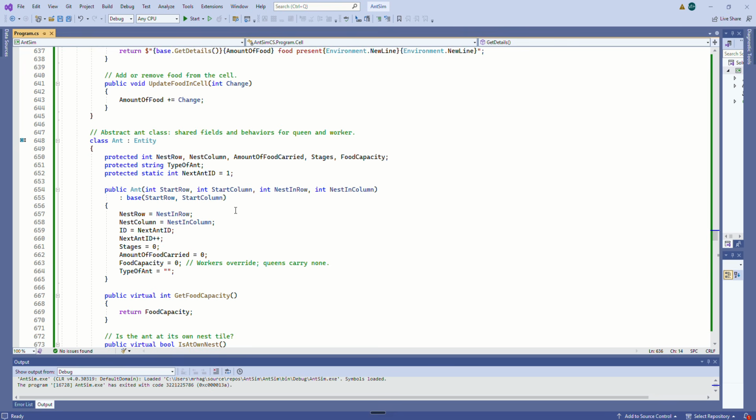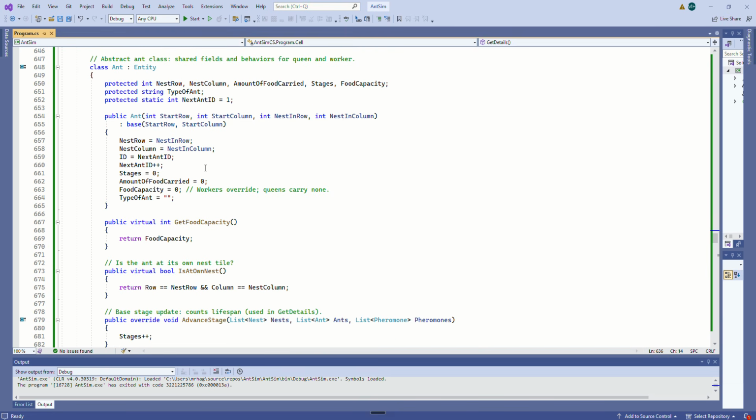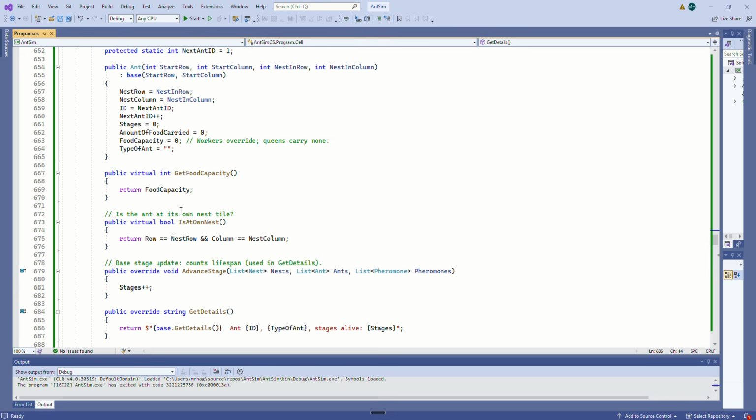Okay, that's what the column entity means, and within there we have these protected variables here. We have the public ant, which is available throughout, and then we have the virtual int. That means it's overridable further down if we need to. I think there's a queen ant and a worker ant. Okay, so these are virtual